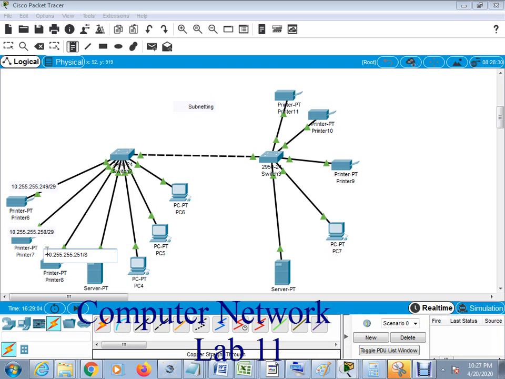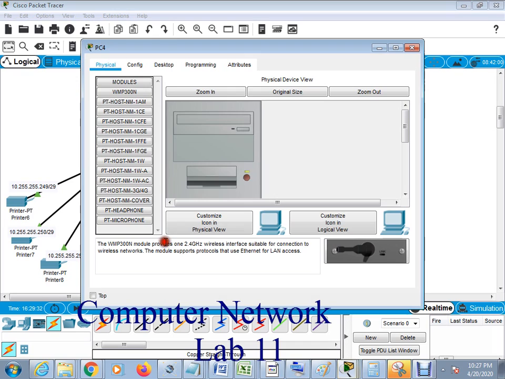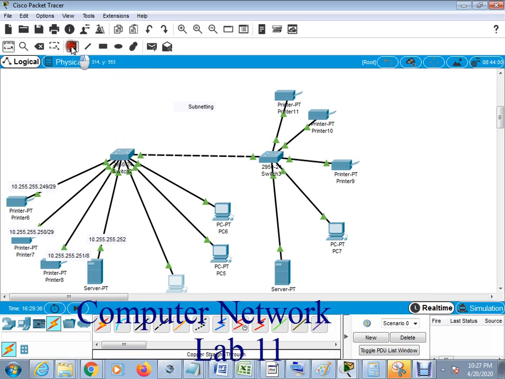Now we have to assign the IP address to the server, which is 10.255.255.252. And now we have to label this PC with the IP address